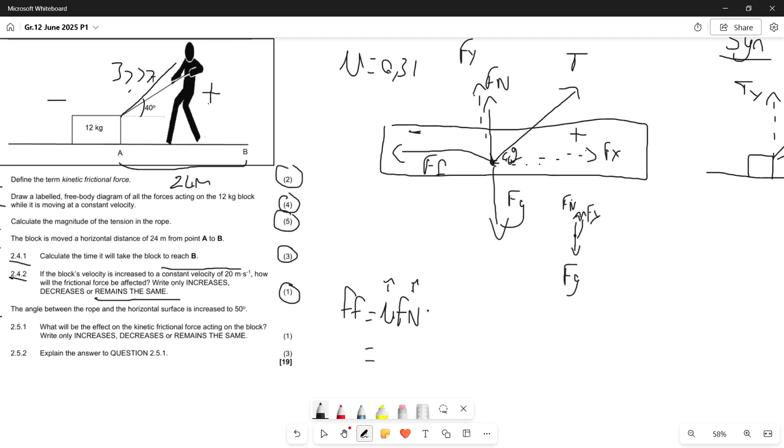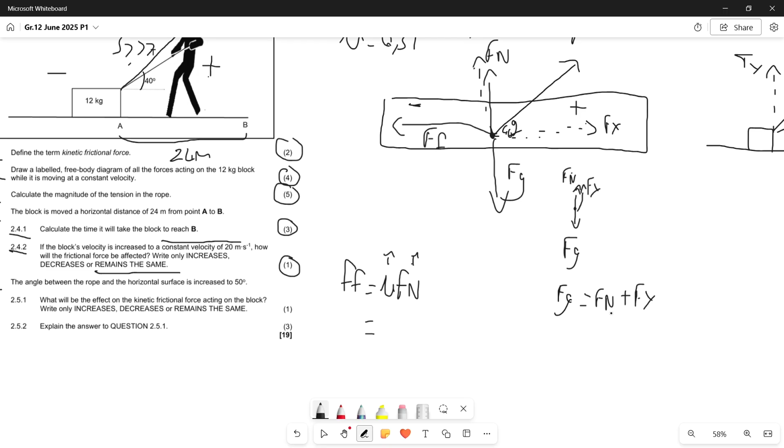So at this stage, if we are plugging an Fn into our Ff formula, Fg equals Fn plus Fy, okay? But a reminder that as we increase the angle, our Fy is increasing. So when we take our Fy over, our mass of the object has not changed, but our Fy is a bigger value now because we have increased the angle. So that stays the same. I'm just gonna put an equals sign over here for our Fg. It is the same, but our Fy has increased, which means we are minusing by a bigger value, and all of this represents our Fn, which means our Fn here is going to become smaller